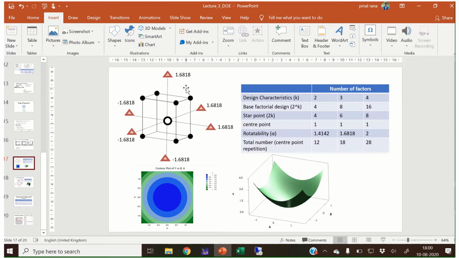Now we generalize this central composite design using the number of variables. Suppose our number of variables is 2. The number of corner points that we get is 2 raised to k, which is 4, the number of star points is 2 into 2, which is 4, and the central point is 1, and the rotatability factor is 1.4142, which we have just seen.